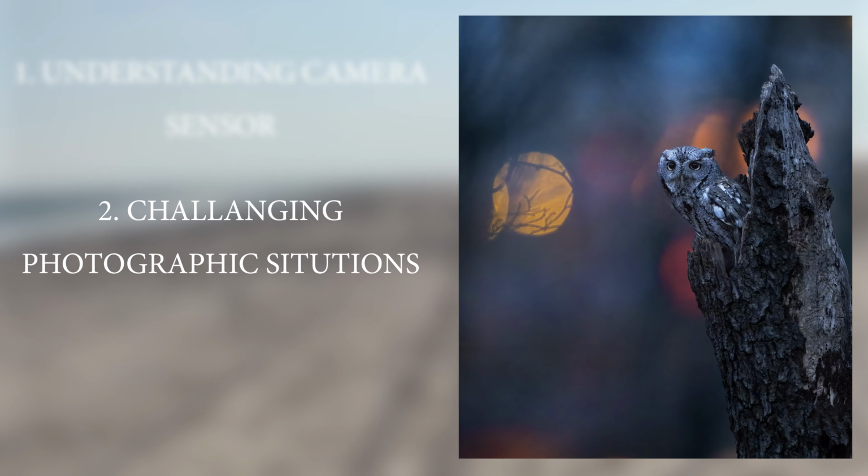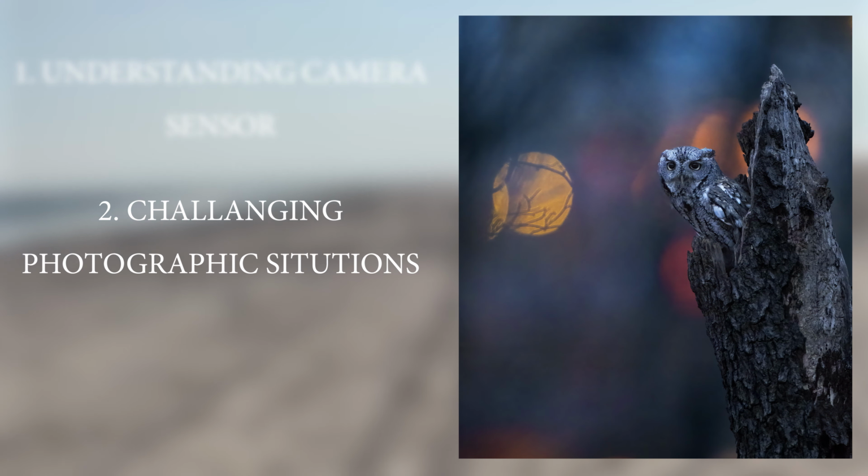First, let's talk about your camera sensor. The sensor is the heart of your camera, capturing light to create your images. A larger sensor, like those in full-frame cameras, typically handles high ISOs better than smaller ones, like APS-C or Micro Four Thirds sensors. This means less noise and more detail in your shots. When shooting at high ISOs, the sensor amplifies the light it receives. However, this can introduce grain or digital noise. To minimize this, it's essential to use the lowest ISO possible that still allows you to properly expose your shot